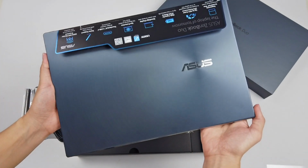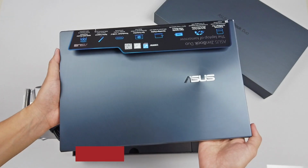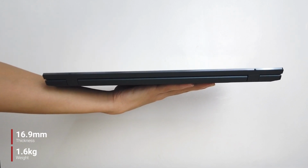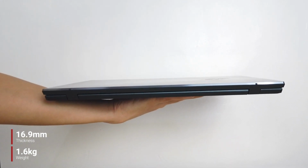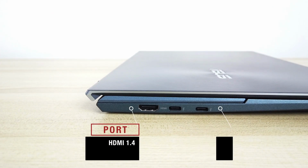The ZenBook Duo 14's chassis and lid are composed of magnesium aluminum alloy that complement the elegant celestial blue finish. The laptop weighs just 1.6 kilos and is 16.9 millimeters thick, which is 50 grams lighter and 3 millimeters thinner than the previous generation. For the ports, on the left we have two Thunderbolt 4 USB-C and a full-size HDMI